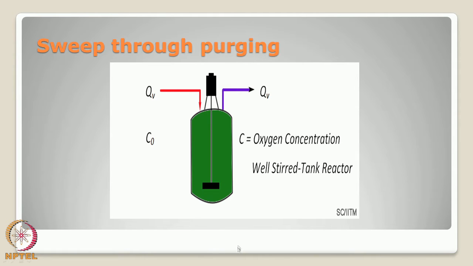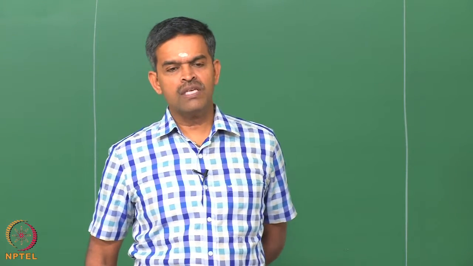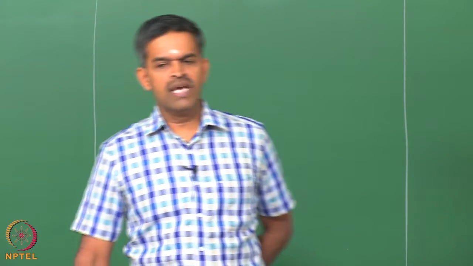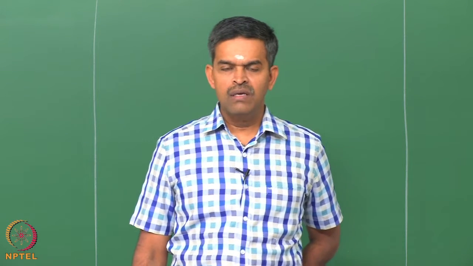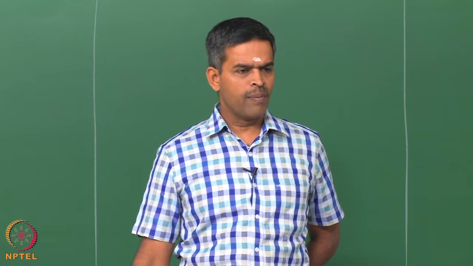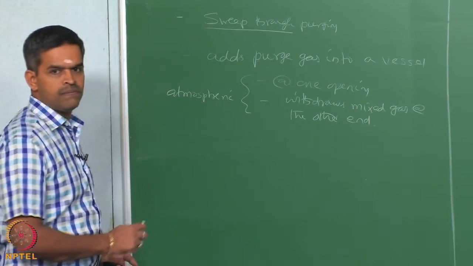So, in the earlier cases what you saw is you evacuate the container at a low pressure, then pressurize it, or at atmospheric give a specific mole fraction of oxygen, pressurize it and then evacuate it, as a number of cycles. That process is time consuming and slightly expensive, because the quantity of purging gas used depends on the order in which you keep on purging and inerting. Whereas, in sweep through purging, though initially it appears as if the quantity of nitrogen required is much more than the remaining methods, this method of purging makes it very fast. Okay, it is faster.